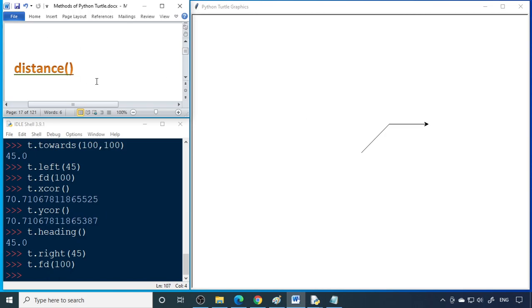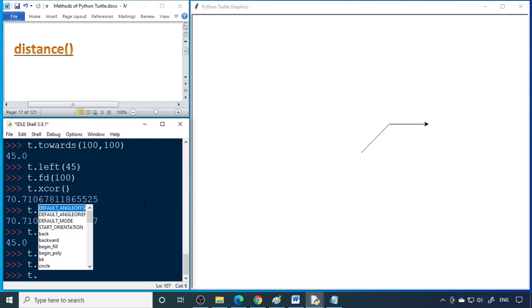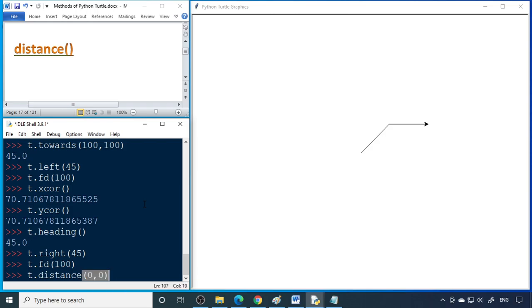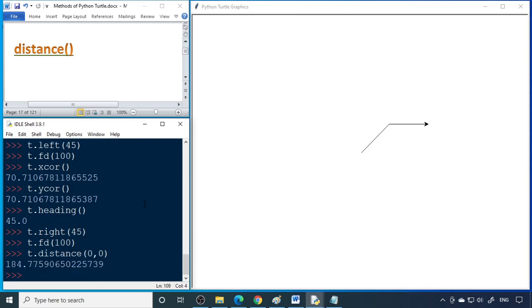Then we'll give the distance. Distance will give the distance to that particular point. For example, now to home. So to get back to home, what is the distance? For distance, you have to give x and y, so 0, 0. This is 184.77.